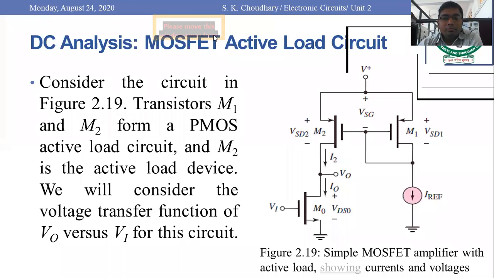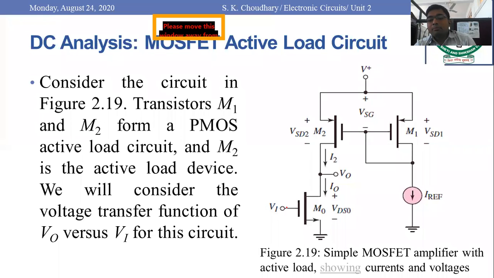So if you look at the MOSFET active load circuit here in figure 2.19, we have taken a simple MOSFET amplifier with active load, and here the active load is nothing but a current mirror circuit. This is M0. M0 is your basic transistor here, that is, you can say a driver in this case,